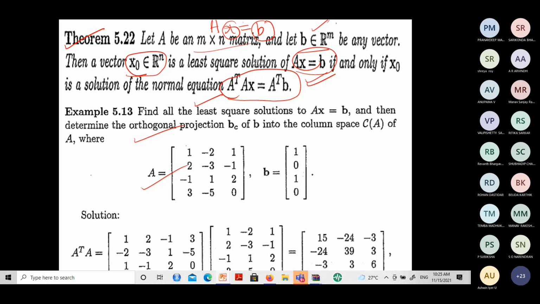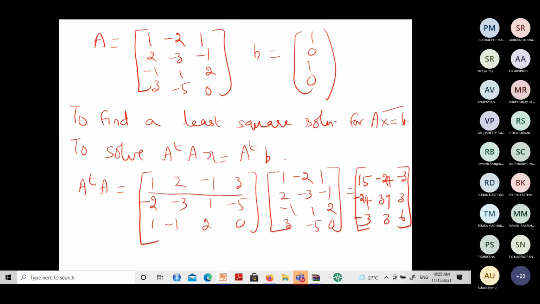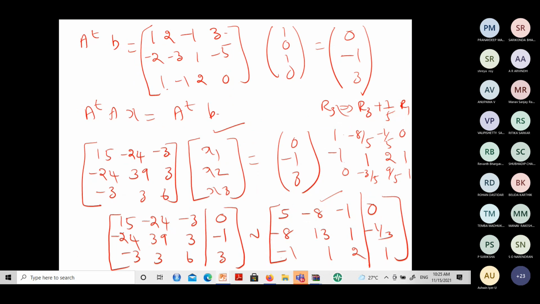So what we are doing is, instead of solving that, we are trying to find a solution of A transpose Ax equal to A transpose B. That is the thing we are doing. First I am finding A transpose A, then A transpose B, right? That as an equation, then solving it. For solving, we are taking the help of Gaussian elimination. I am finding the augmented matrix corresponding to this equation.